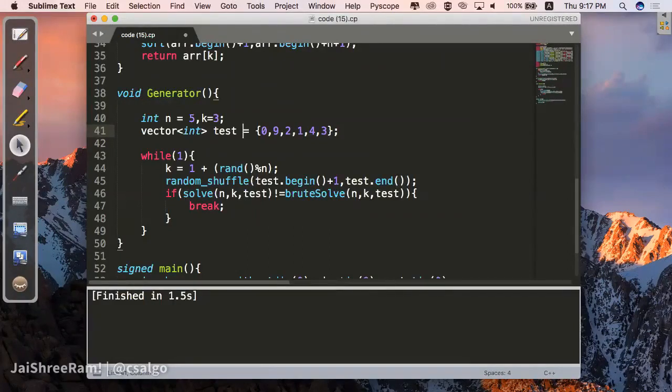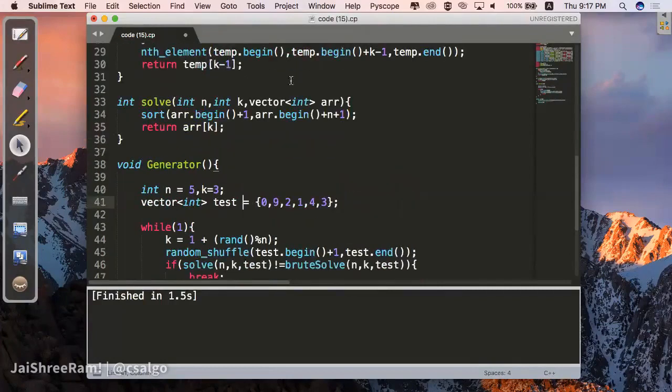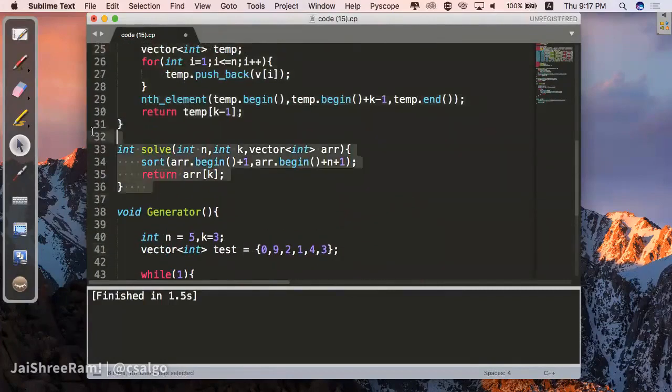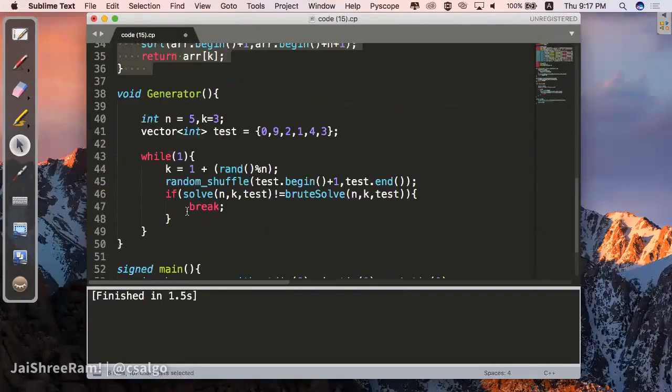I think even this code works for most of the things. You will have to write an n square logic over here and some order n logic over here, and check whether it's giving the same answer for most of the things. If you get a test case where it's failing, then good, you have already got a case where you can now work manually and figure out where it's going wrong. It might help you find either the test case where your code is failing or where your logic is failing. Sometimes you might be stuck with a wrong logic, and no matter how much progress you make on the code side, you are never going to get AC, right?